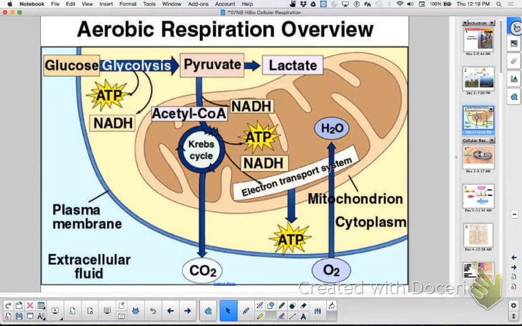All cells will do glycolysis, and they will have that occur in their cytoplasm. Is this a picture of a eukaryotic cell or a prokaryotic cell? Eukaryotic cell. How do you know it's a eukaryotic cell? It has membrane-bound organelles. They're so smart. And so I can see the mighty mitochondria in there. Now, prokaryotic cells can do this too. They have membranes that they can do their electron transport chains on. They're just not isolated like it is here in the mitochondria. Okay? So anyway, we do glycolysis in the cytoplasm,